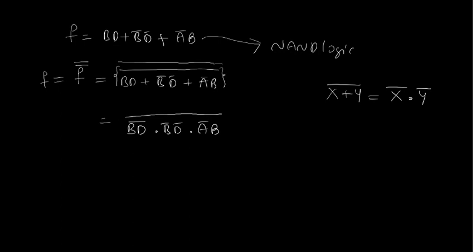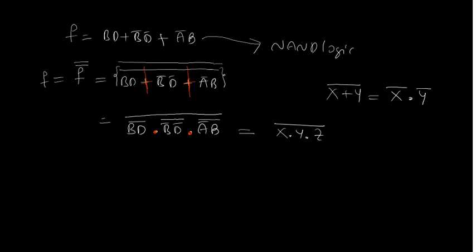Now this is in the form of (xyz) whole bar, and this x corresponds to BD bar, which is also NAND logic. Y corresponds to B bar and D bar. Sorry, here you need to represent one bar, and here also you need to represent a bar. So when you break this as per De Morgan's theorem, this bar is given to BD, this bar is given to B bar D bar, and this bar is given to A bar B, and this plus will be replaced with the dot. Now this is the expression.